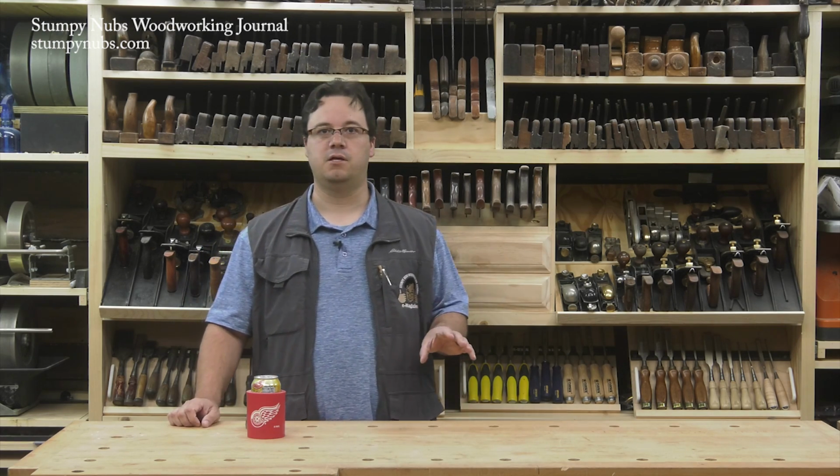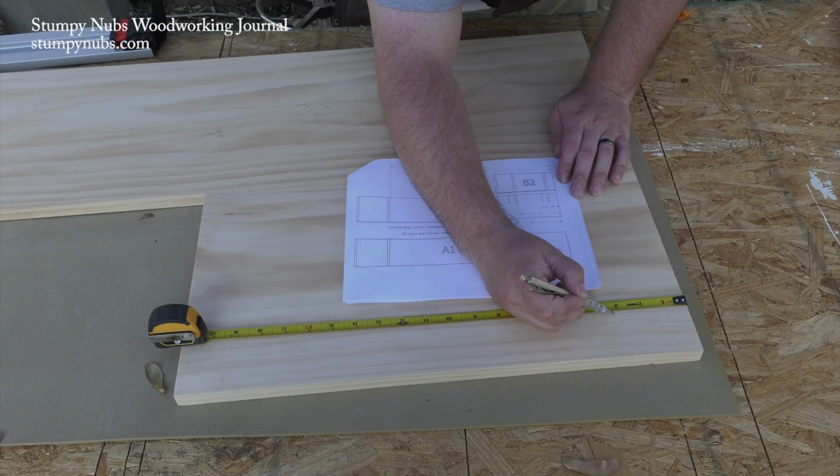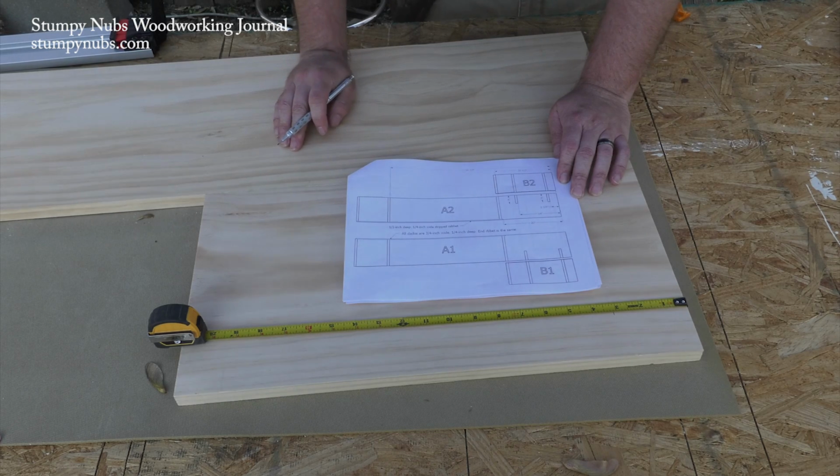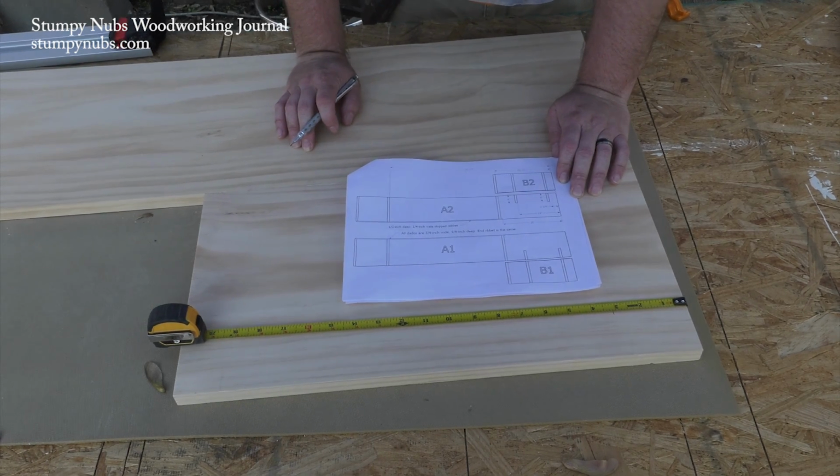It's time to cut some dados. We'll begin with the side panels. The location of the dados are laid out in the plans. Mark them carefully. Take note that the two sides of this bench unit are mirror images of each other. So make sure you cut the dados on the proper faces or you'll be cussing and swearing your way back